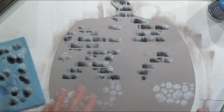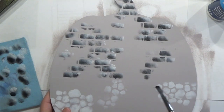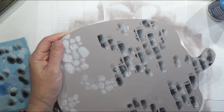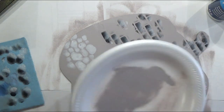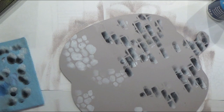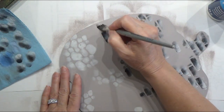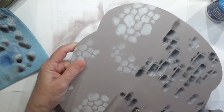Okay, so this background is all dry. Before we transfer our lines on here, we need to shade along this horizon line here, or whatever line you want to call it. So I am just going to pre-dampen this. We want this to be a very washy color. We're going to use lamp black, and we really want to work it into our brush. I'm going to touch the water side of my brush and remove some of that water out of there, because I don't want my paint going all the way across, and with all that water in there, that's exactly what it's going to do. So I am just going to follow this line right here,